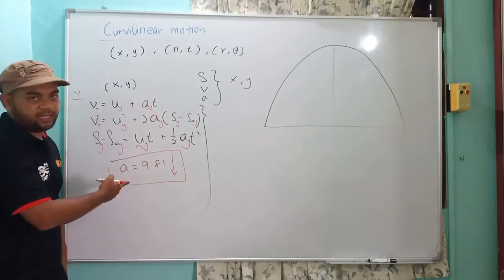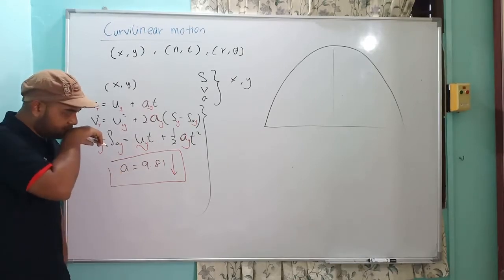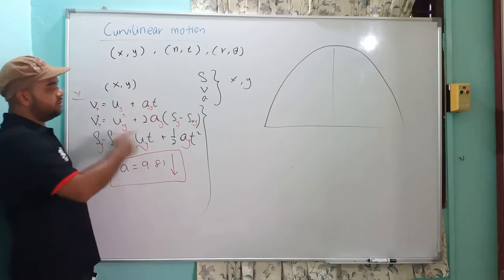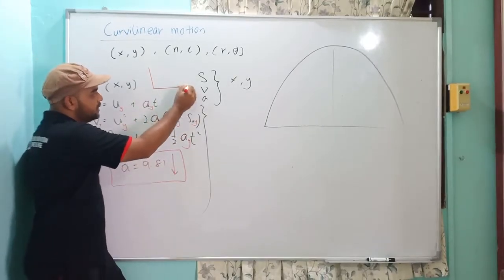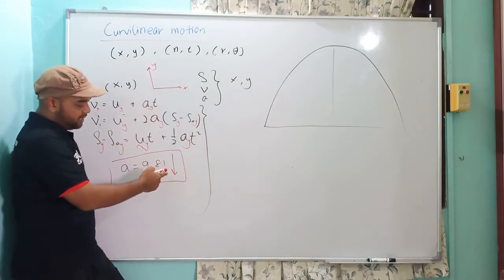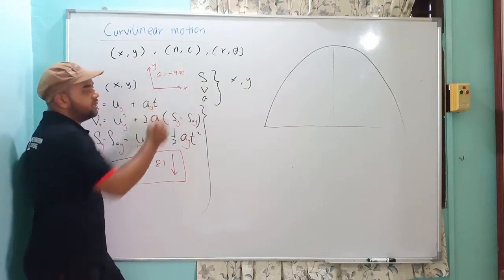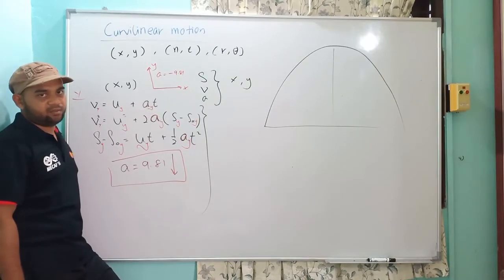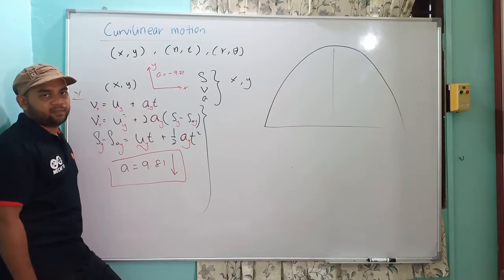Once we consider this a as a constant, which is downward gravitational acceleration, you can use this equation. It goes downward, so in this equation it depends on your axis. If this is positive x and this is positive y, because a is downward, your a will be negative 9.81. It depends on your axis later on, but the a itself must go downward, 9.81.